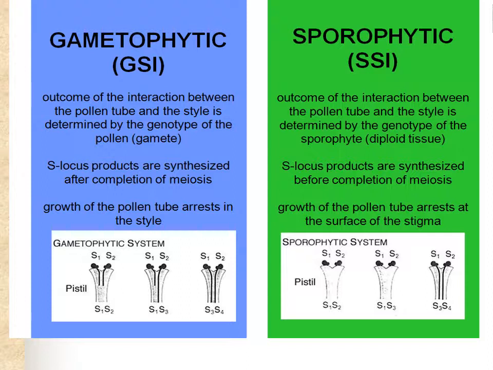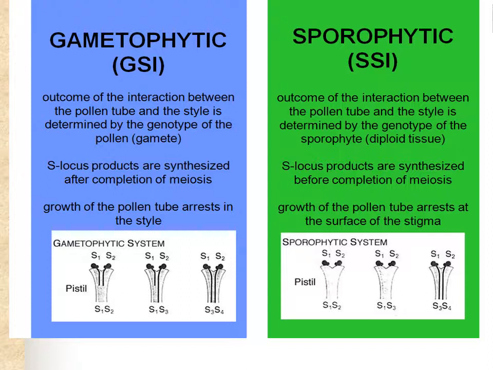In case of sporophytic incompatibility, the outcome of interaction between pollen tube and style is determined by the genotype of the sporophyte, that is a diploid tissue. Here S locus products are synthesized before completion of meiosis. The growth of the pollen tube arrests at the surface of the stigma. The sporophytic system may be compatible or incompatible, but in the gametophytic system the reactions are compatible,